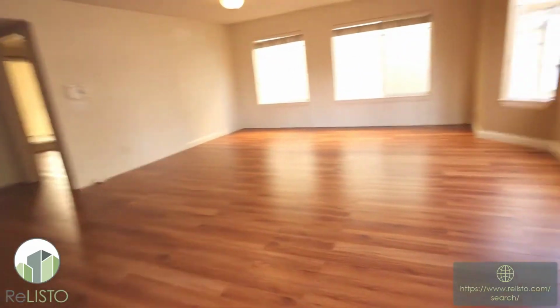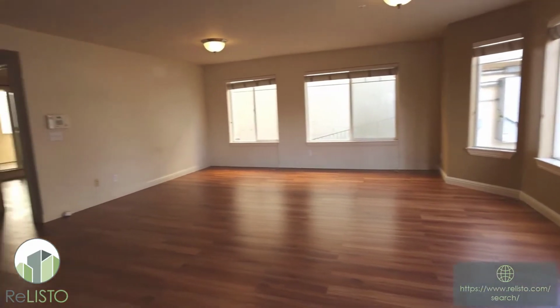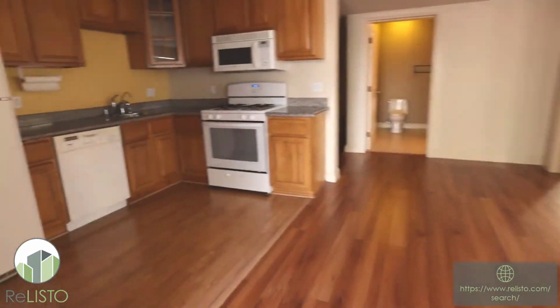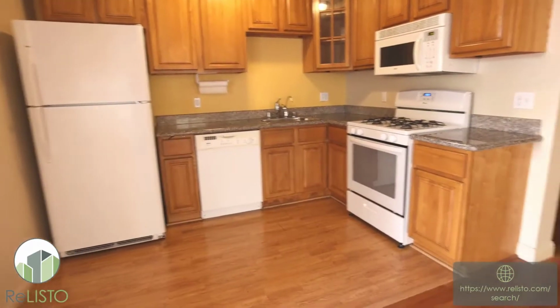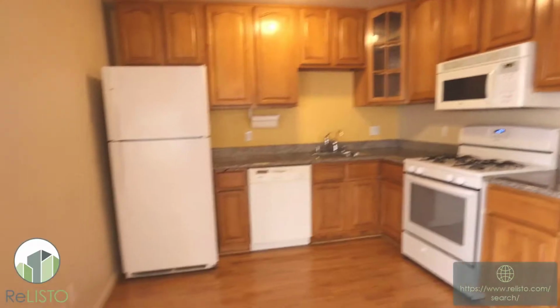But let's go into the unit. Here we go. All right, we have a little foyer area right here. And then to the right, you're greeted with this very spacious living room, dining room area. These are double pane windows that we have. And here we have the kitchen, dishwasher, gas range, microwave, lots of cabinet space,